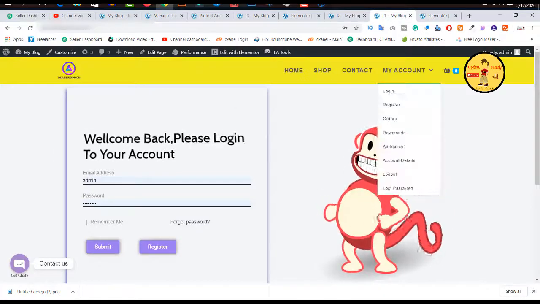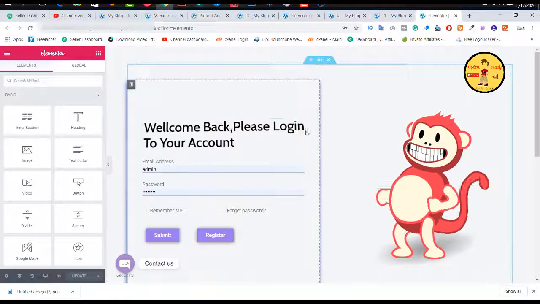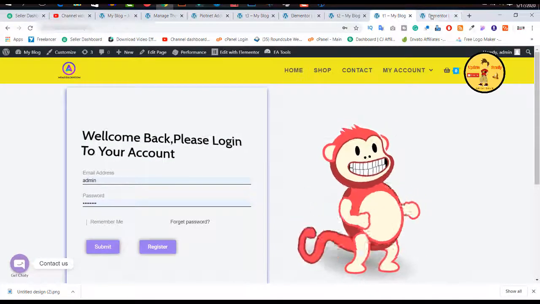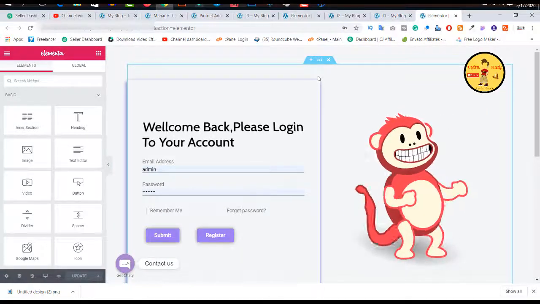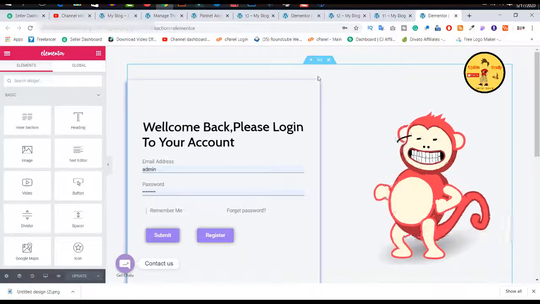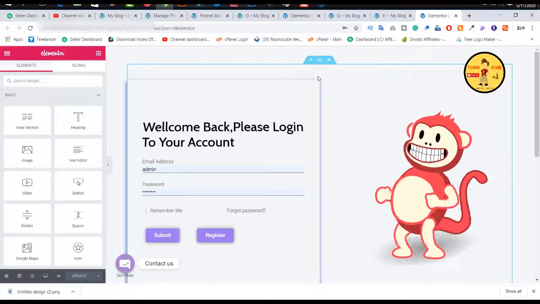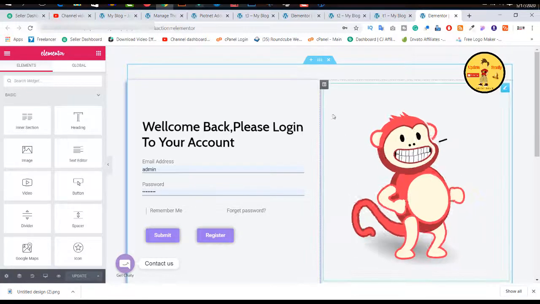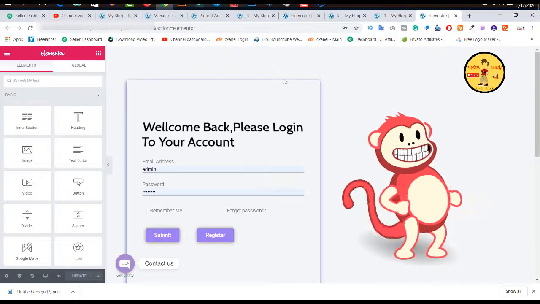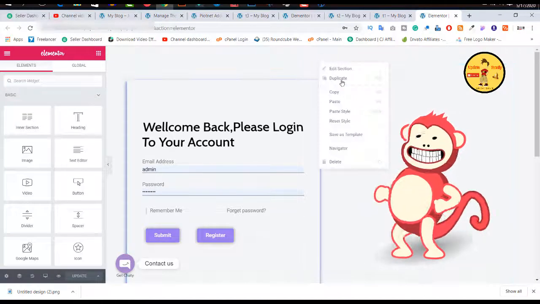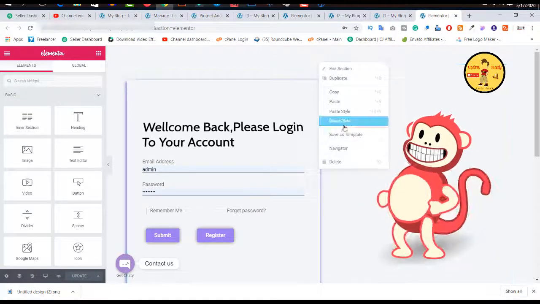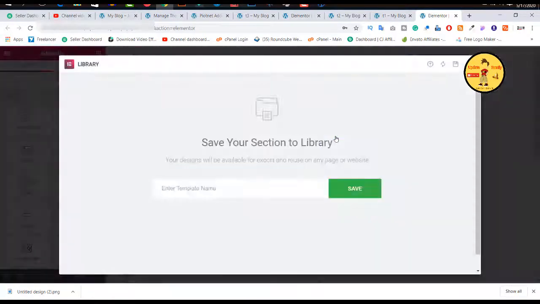First I go to our login page and click the edit with Elementor button. I open it in a new tab because I don't want to make a long video, so I'm using a shortcut. Here, as you can see, I click on this section and choose save as template.